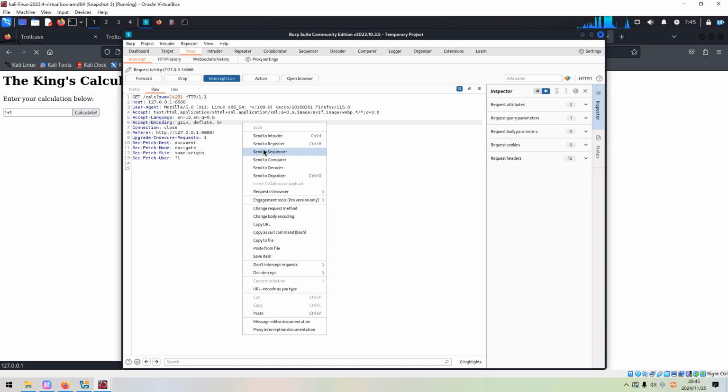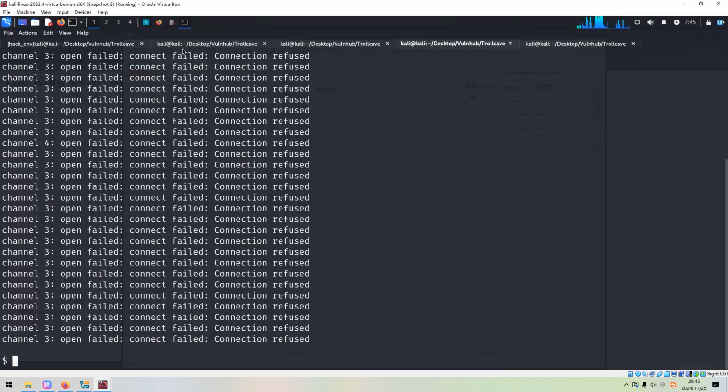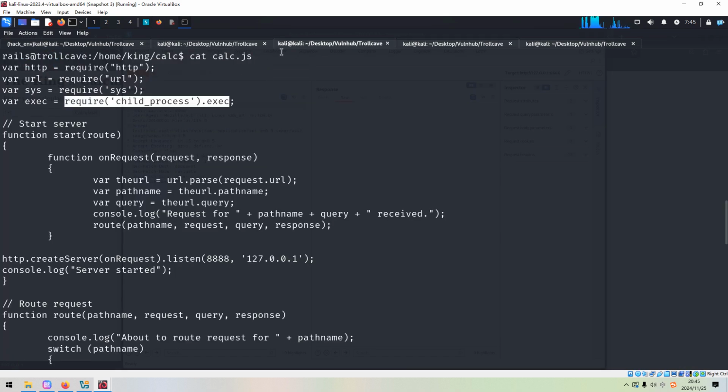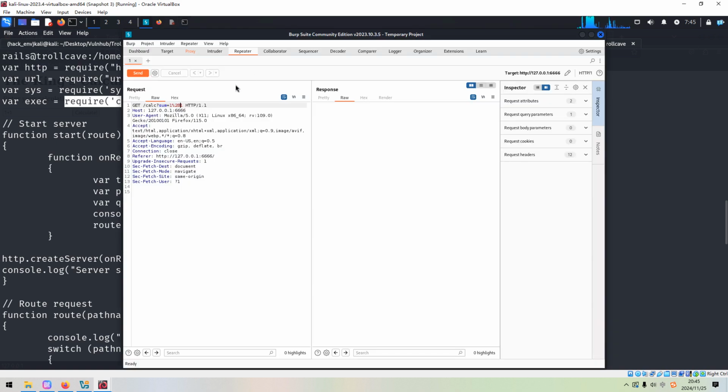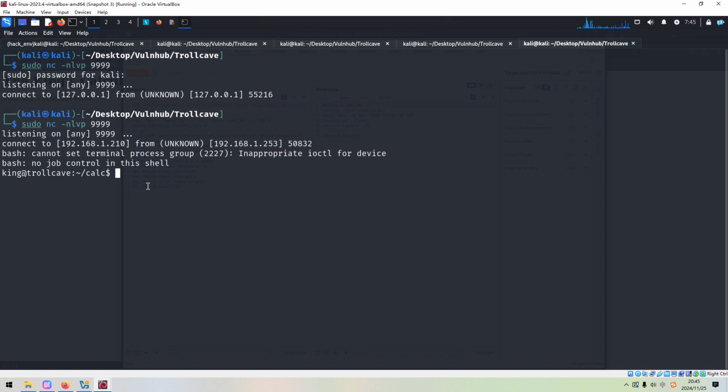We can send the request to the Repeater module, and then we can copy from here. Okay. As you can see, we successfully got the shell. I think this is the way which I took to get the other shell which belongs to King.